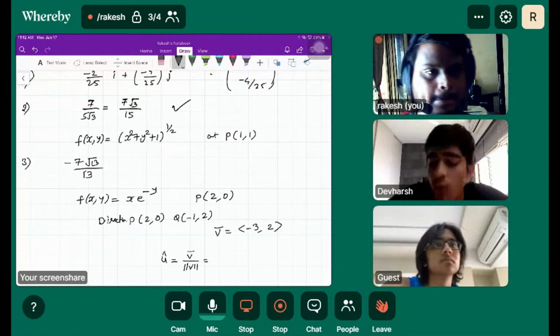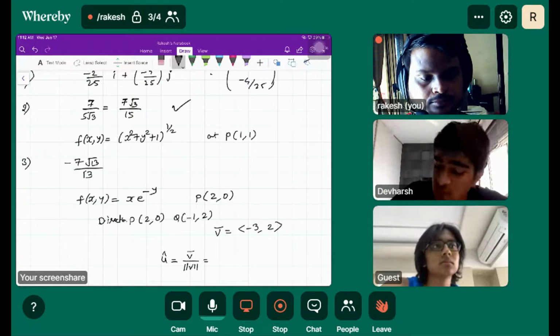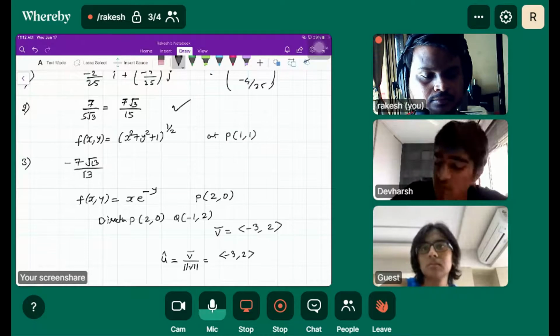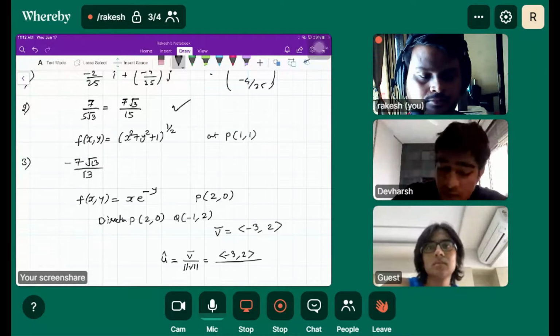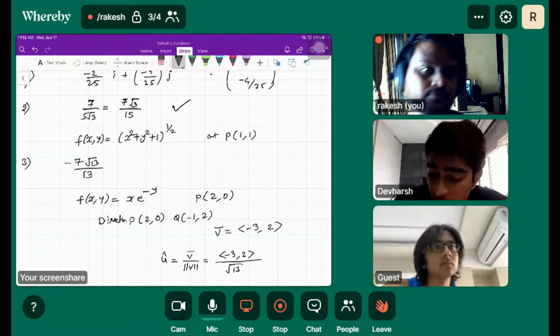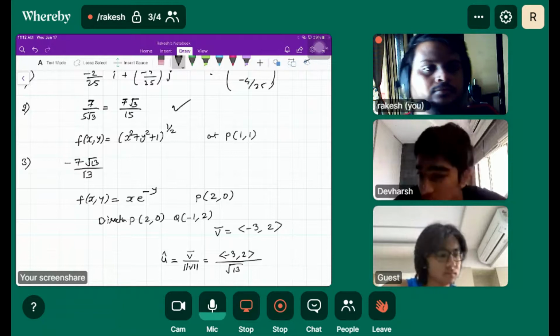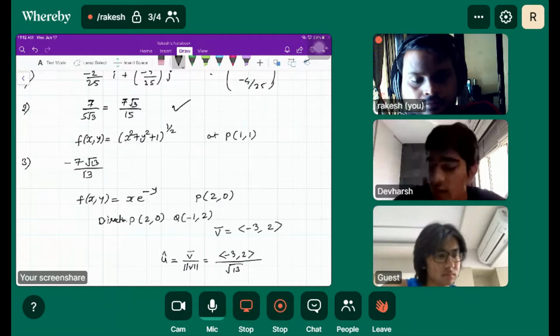Oh, so I found my mistake. You didn't find the unit vector? No, no, I did all that. What happened is I did the partial derivative of f y a little wrong, and I put a y outside also. So then it became zero, and that whole part didn't get calculated.